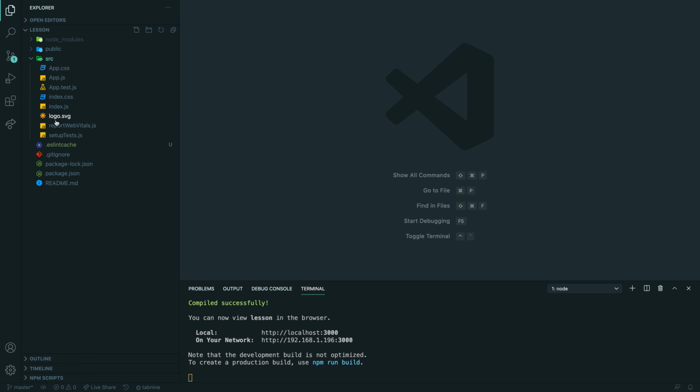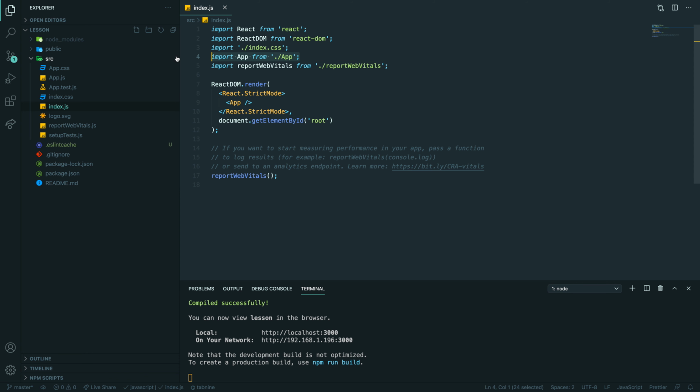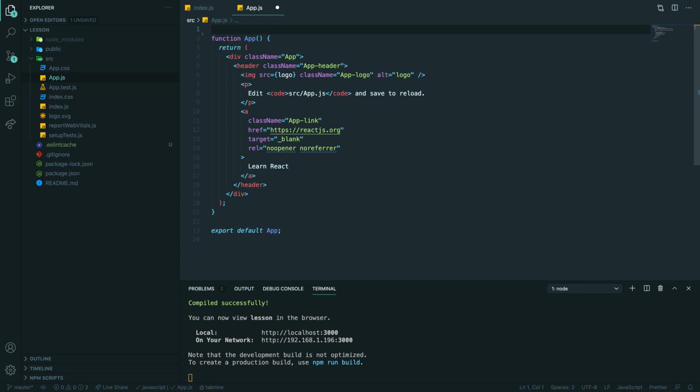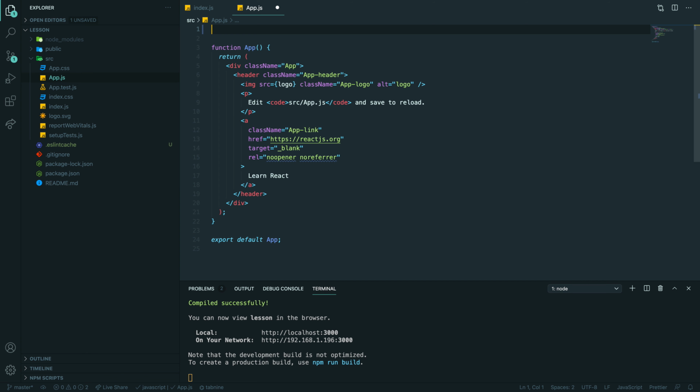Here you have your basic setup, and the main component is app.js. So app.js comes from here, which is just another file, and this is the basic structure. So let me just remove everything.